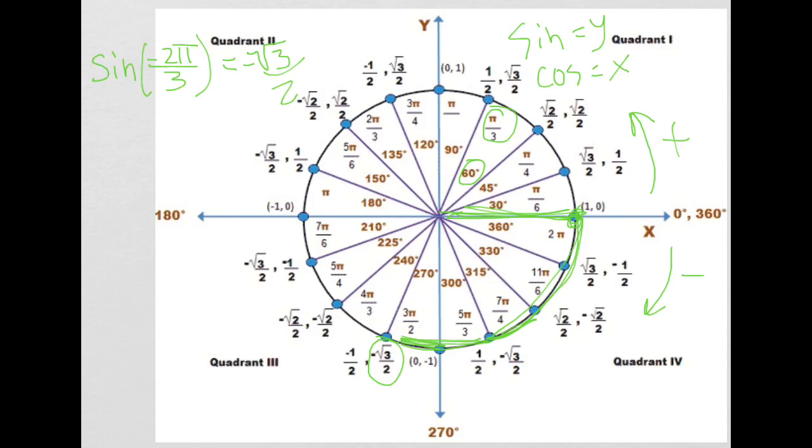So the hardest part, I guess, is just figuring out where to go, finding that angle. But once you do that, you're done. So that's the first one. And the second one,